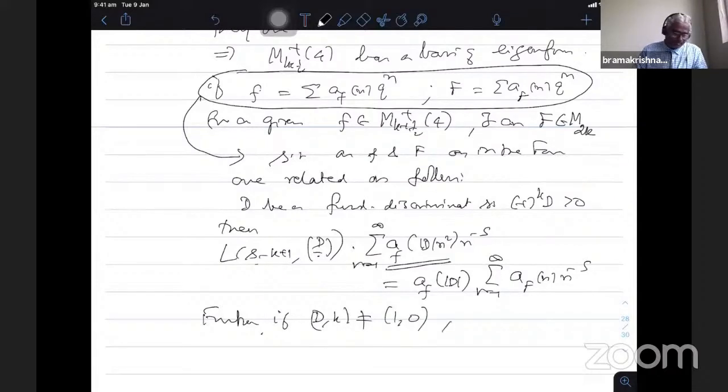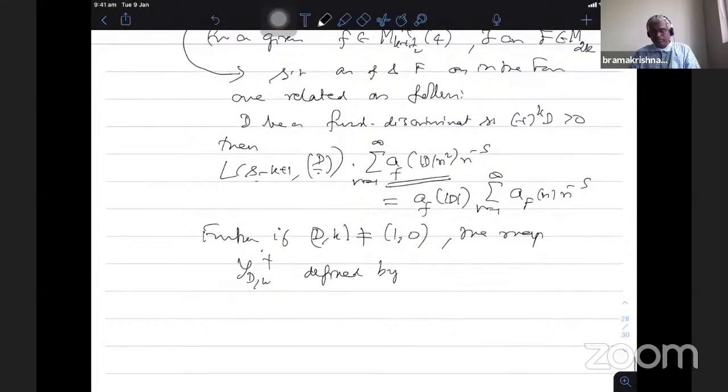S_{d,k}^+ is defined by, so there I think the Shimura map is S_t, and whether you keep k or not, it does not matter. Here these mappings are indexed by the fundamental discriminants, so d will be there. The plus denotes that this mapping is applied only to the plus space. It is defined by: you take the Fourier series, the sum of b(n) q^n, n greater than or equal to 0, and you map it to the following. So here he defines a Shimura map for modular forms, non-cusp forms also.